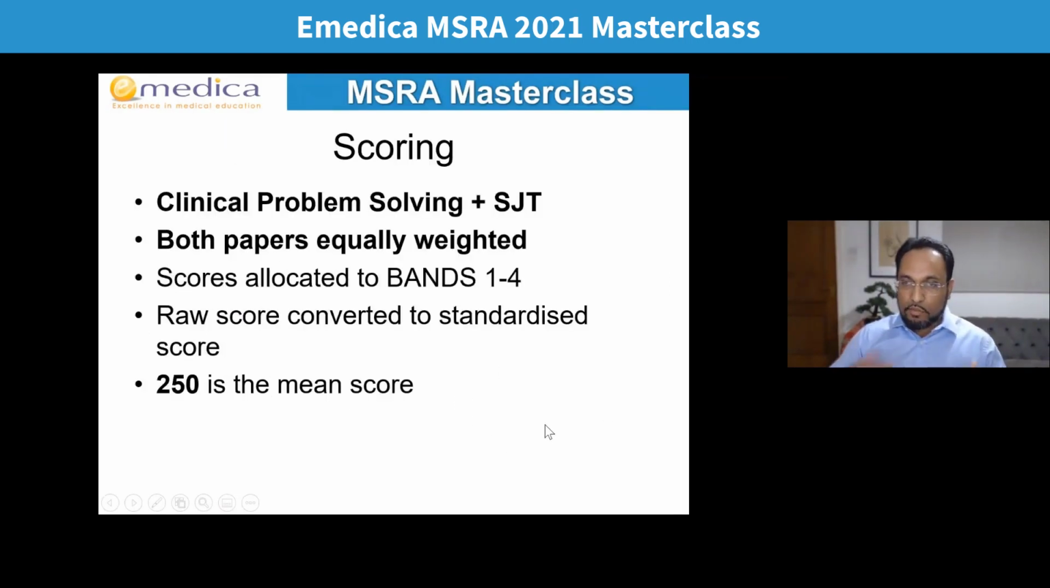Okay, so let me explain how the scoring works though. In all specialties, the clinical problem solving paper and the SJT, both papers are equally weighted. Now, this is also something that's different because historically in GP, the SJT used to carry more weight than the clinical. But this year, all specialties, clinical and SJT, are worth the same. They're equally weighted. So initially, your raw score will be allocated to a band between band 1 and band 4. Generally,